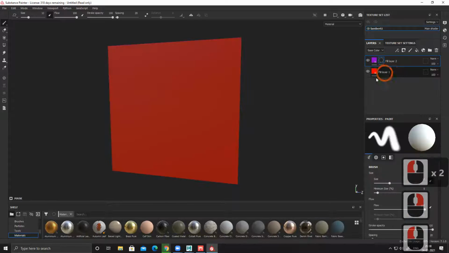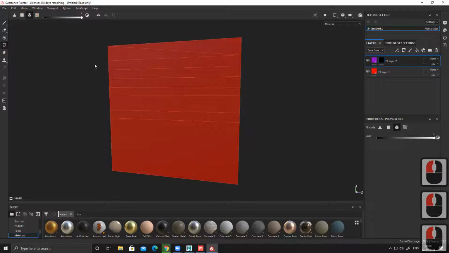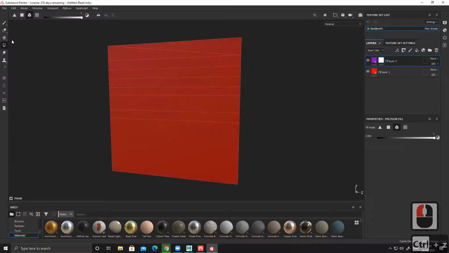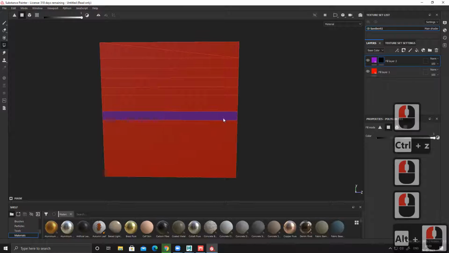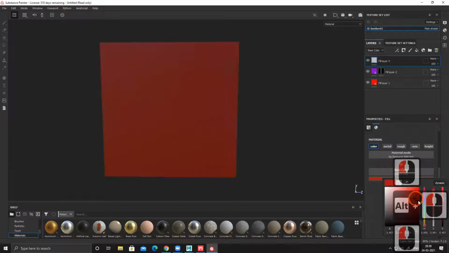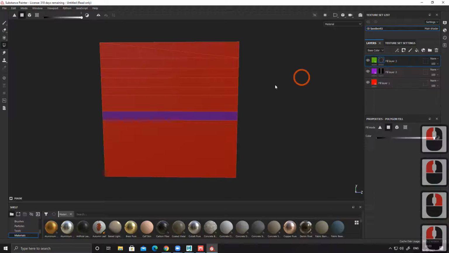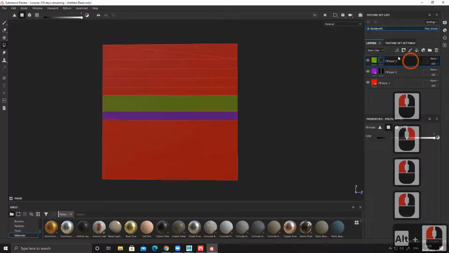Right-click, add black mask, go to selection. I'm going to use polygon, not element, and select this. So only this section. Now one more, let's use some greenish, blue, yellowish something, and this one.